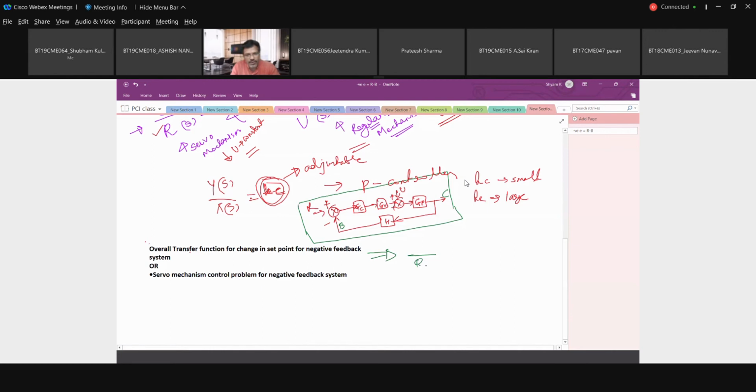Capital R we are using, ठीक है। तो the transfer function for change in the set point for negative feedback, तो overall change in the set point, और किसको कंट्रोल करना है? हमें C को कंट्रोल करना है, तो ये हो गया हमारा एम। And for the negative feedback system, नेगेटिव फीडबैक सिस्टम मींस क्या है? R माइनस B, नेगेटिव फीडबैक सिस्टम, तो इसको ही हम क्या कहते हैं? सर्वो।